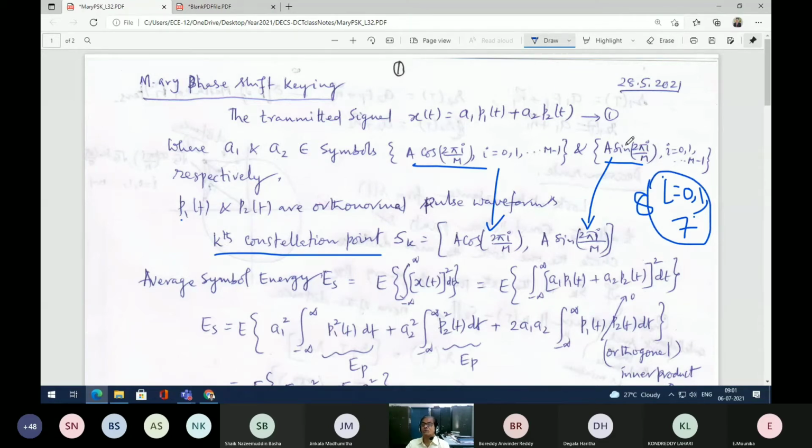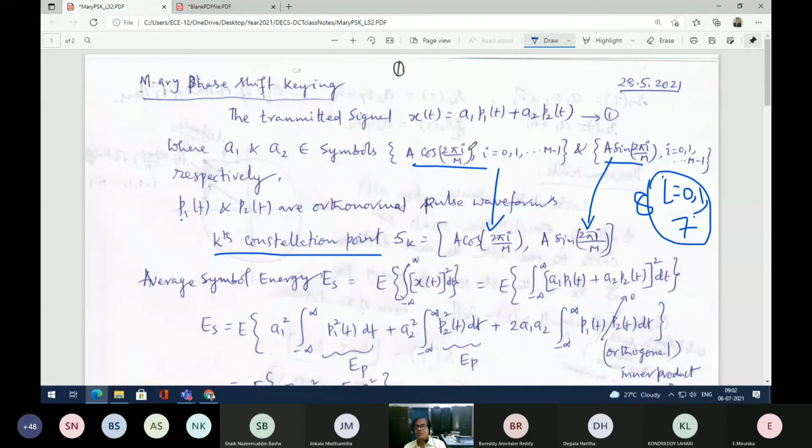Let us take i equal to 0. What kind of phase will you get? Please see that. If I substitute i equal to 0, what is the phase here? This is going to be 0, correct? And this is going to be, tell me. Yeah, no, this is 1. When i is equal to 0 it is going to be 1. Correct? So (A, 0) is one of my symbols, with the phase, is what I'm trying to say.